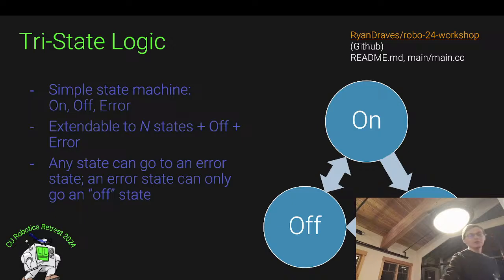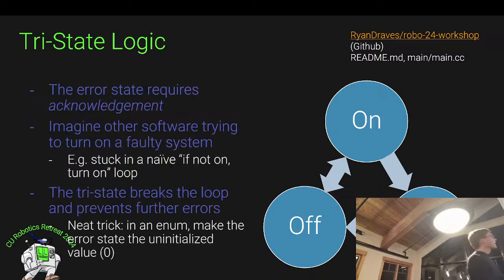And the point of this system is that it requires acknowledgement, right? Something bad has happened. I received a request too fast, or my power on sequence for the robot failed, and something just went wrong. I know it went wrong, I shut it down, I'm in an error state now, and you can't just say turn it back on. You have to say turn it off first. It's already off, that's fine, but you're acknowledging that an error occurred and that you're going to clear the error before you try to turn it back on.